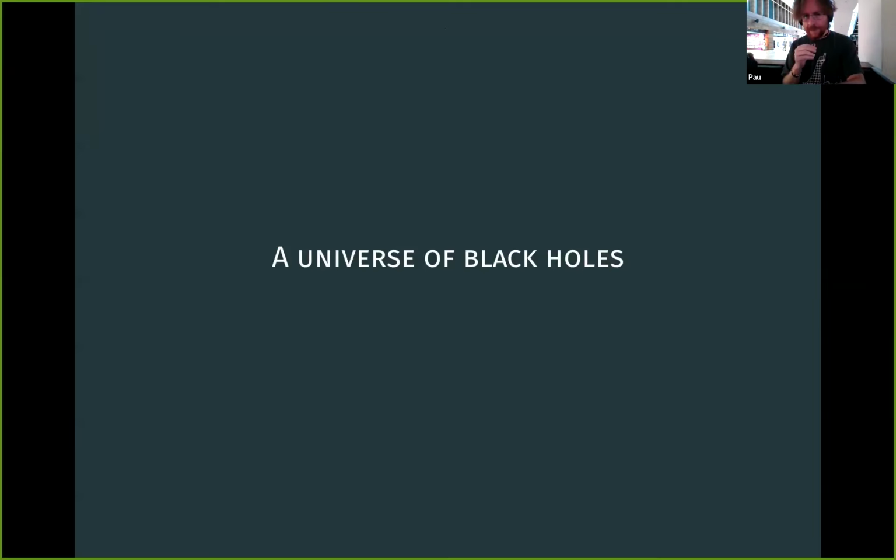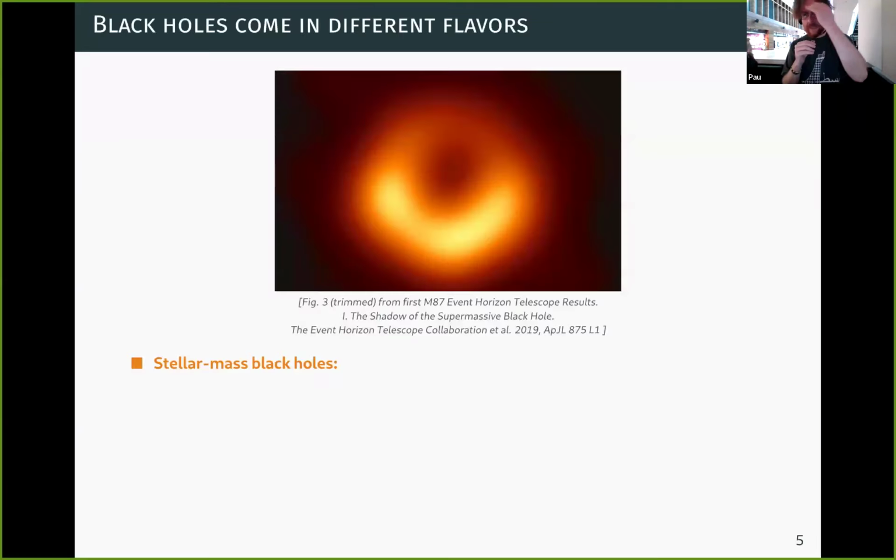Anyway, black holes. So let me just give you the main idea. Don't look at the slides because they're boring. But the main idea here is that black holes are very interesting. They are fundamental, it looks like they are fundamental, and they're very, very simple. Contrary to what one imagines, black holes are extremely simple.